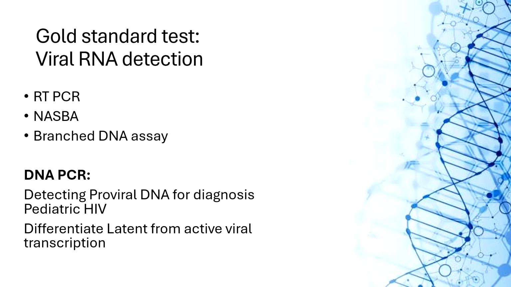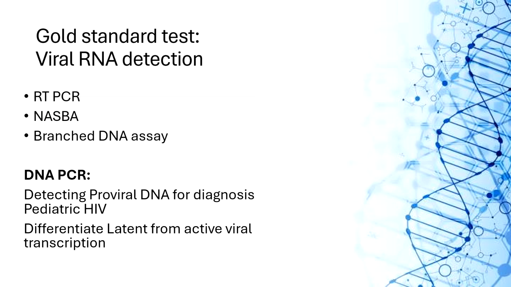But which is the gold standard test for HIV? It is viral RNA detection by either RT-PCR, NASBA, or branched DNA assay. One important point is DNA PCR. It is used for the detection of proviral DNA, and it is mainly used for the diagnosis of pediatric HIV, whether the infant has acquired the HIV, which has HIV,